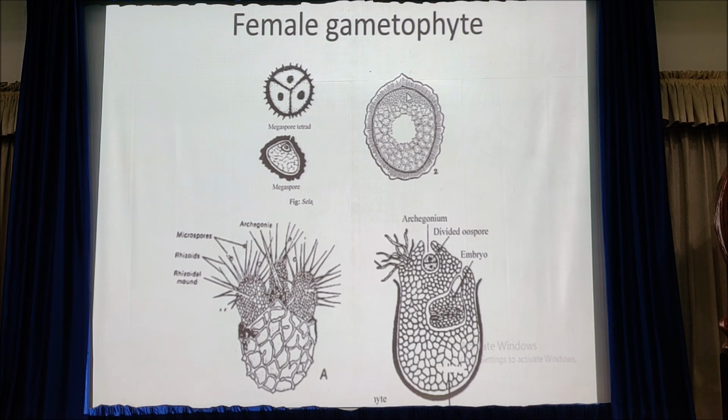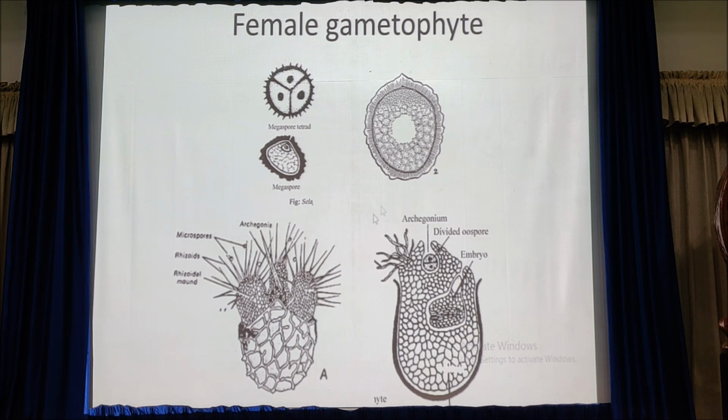And in some species, the liberation of the megaspore occurs at this stage. On falling down to the substratum, the sculptured exine ruptures, and the apical cushion is exposed. Some of the cells of the apical cushion develop rhizoids, and these rhizoids help in the anchorage and absorption of water for the developing female gametophyte.